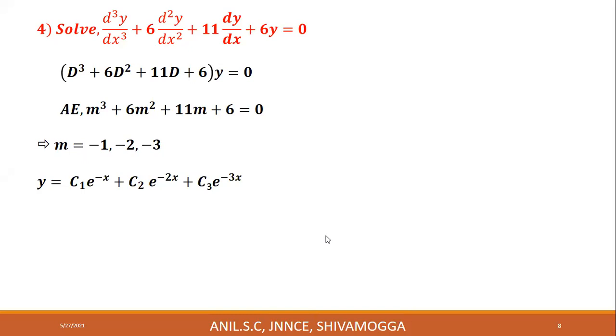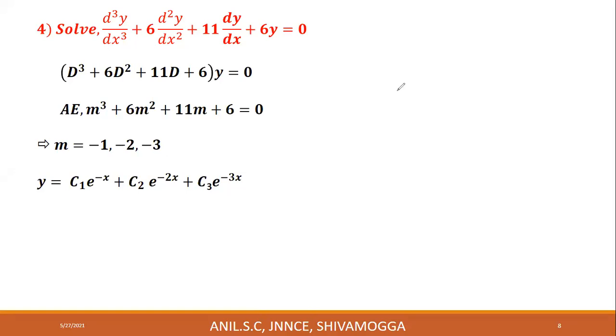Let's start with this fourth problem. Yesterday we solved three problems. Next one. Solve d cube y by dx cube plus 6 d square y by dx square plus 11 dy by dx plus 6y